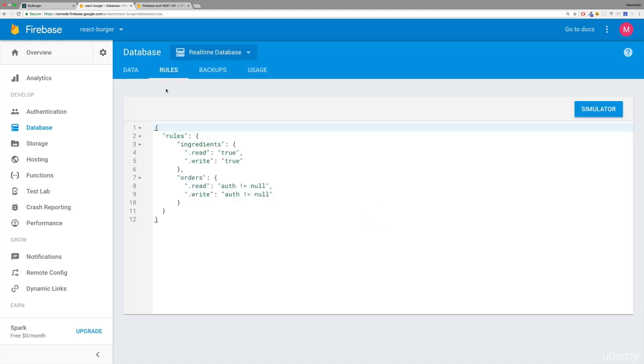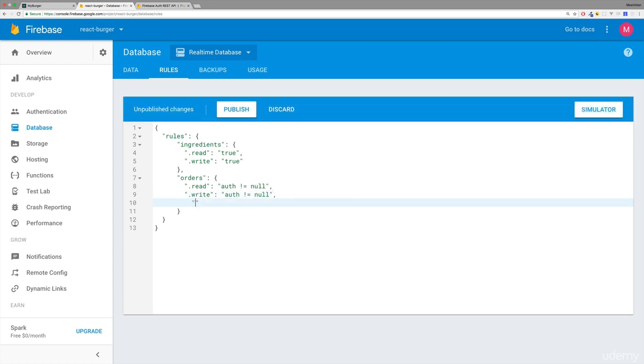This is done in your rules tab on the database. There we can simply go to orders and we have read and write there. And now we add another rule, .indexOn, and it's of course important that you write this correctly with a dot at the beginning and a capital O. And now you can add an array of all the fields you want to make searchable. Here it's only user ID though.